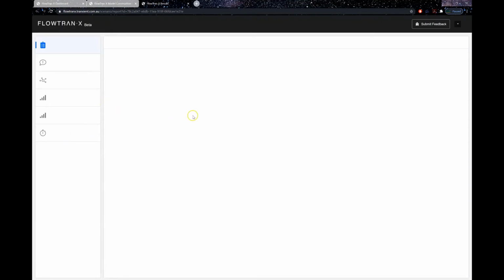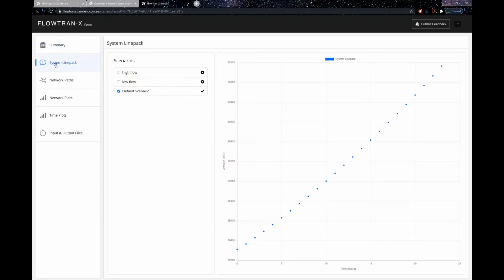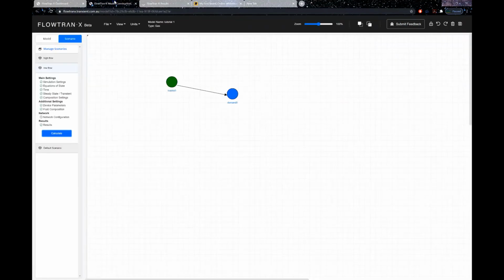Now, as you'll see here, something that happens with multiple scenarios, these X's mean that we actually haven't calculated these scenarios yet. So as you see in System Line Pack, we have the data for our default, but nothing for low flow or high flow. These models haven't been calculated yet. So this is a simple fix. All we need to do is press calculate on our different scenarios. So it works simple enough if you just do,